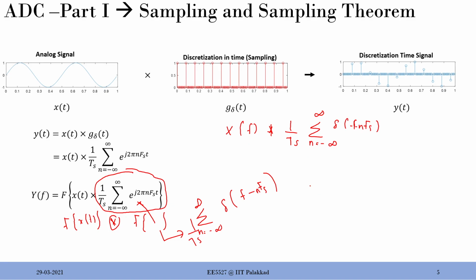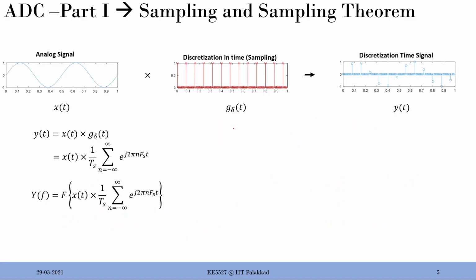If I do this, this is equivalent to 1 by Ts, because I can move this guy inside. This is just a delta function, so all the rest of them will remain the same. So this will be something like x of f minus nFs. So very similar to what we derived for the spatial sampling of signals. So this is what you will get. Okay, so let me erase. I hope there is no doubt. I just derived it again in case somebody didn't follow me in the spatial sampling case. It is exactly the same, but we are doing it in temporal, so that's the only thing.